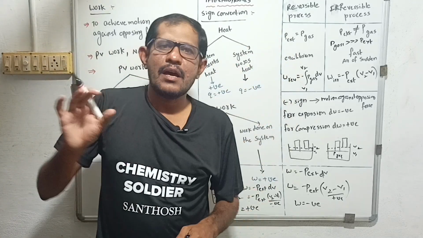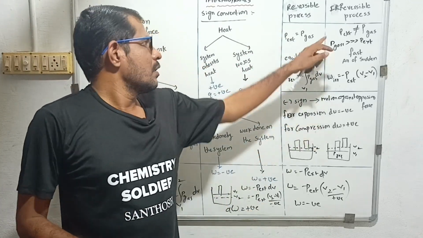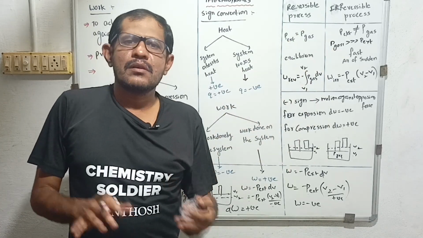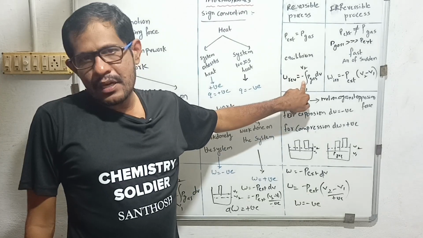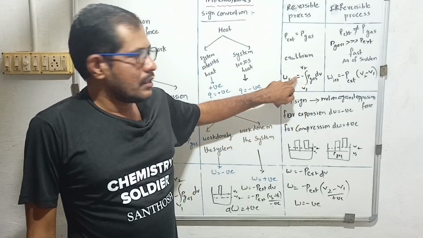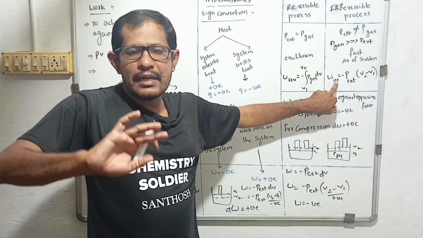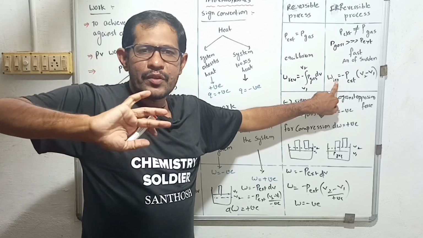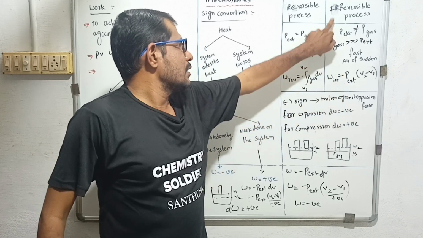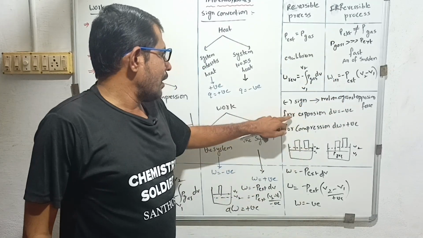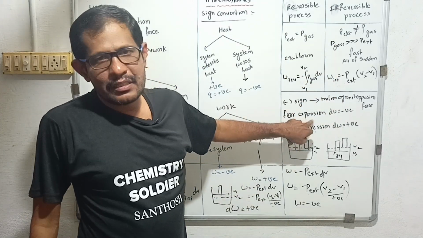And a reversible process happens in an infinite number of steps, and an irreversible process happens all of a sudden. So we integrate the infinite number of steps to get the work done. Here we calculate the initial value and final value, and multiply the difference with P external to get the irreversible work. And the final conclusion is, for expansion, the work done is